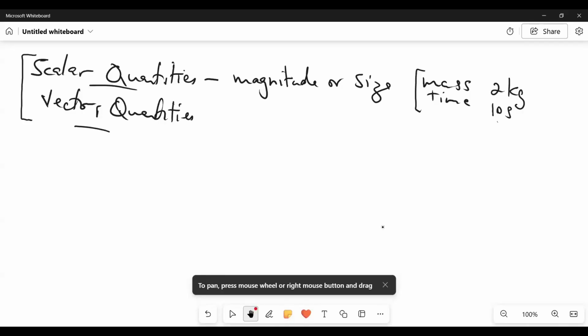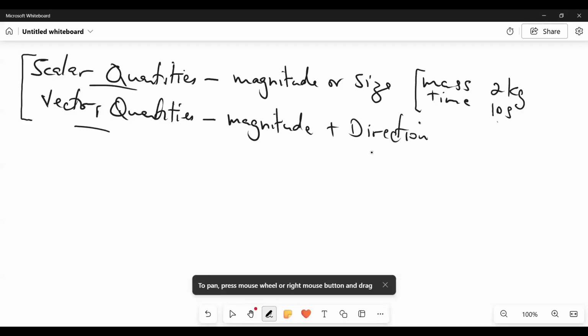That's a more abstract idea that time just goes forward, but it's not something we can point to in space, right? As compared to vector quantities,